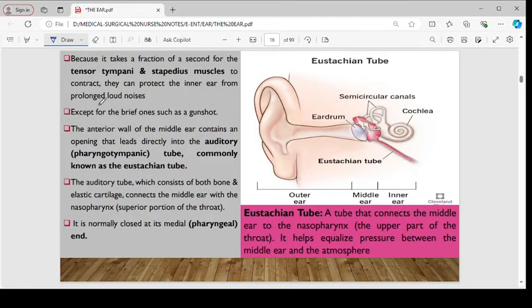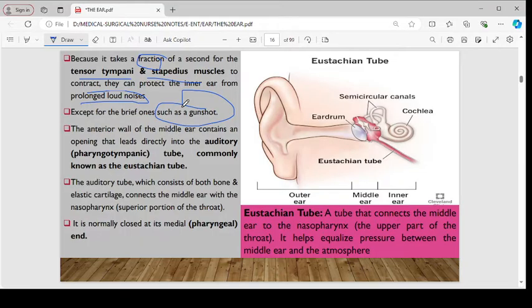Besides, it also takes a fraction of a second for the tensor tympani and stapedius muscles to contract, right? Just a fraction of a second. So that means it can protect the inner ear from prolonged loud noises, with the exception of brief ones like the gunshot sound, right? The anterior wall of the middle ear contains an opening that leads directly to the auditory,